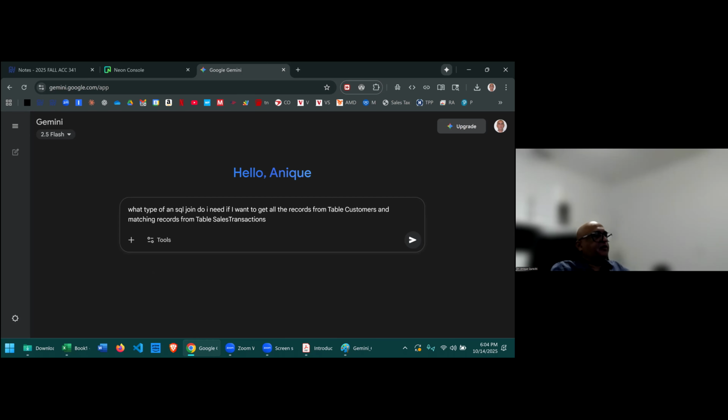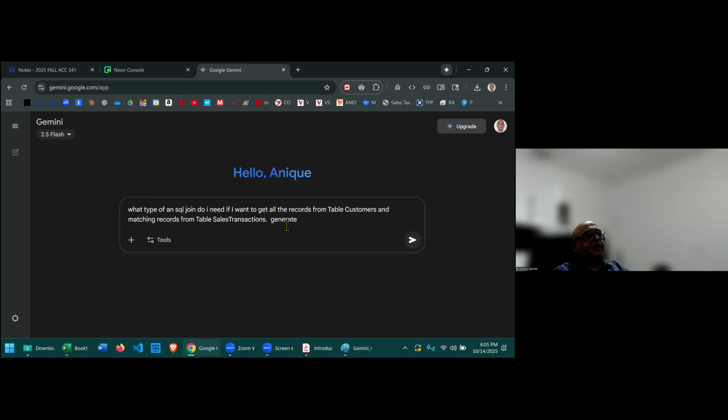So I don't know what type of a join I need, but what I want, basically in English, is to get the names of all the customers and where it matches the sales transactions. And I don't know if it's an inner join or an outer join or a left or a right, and I can even tell it to